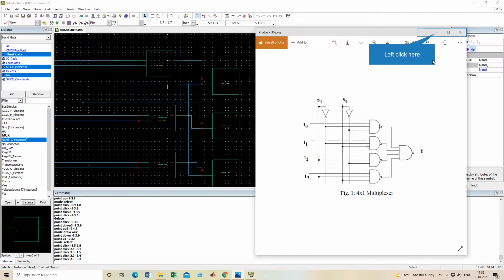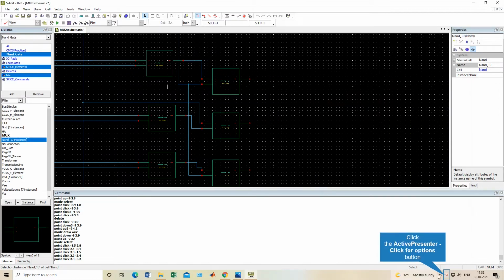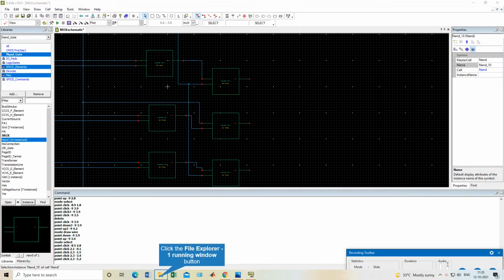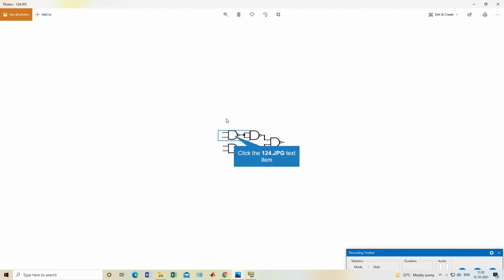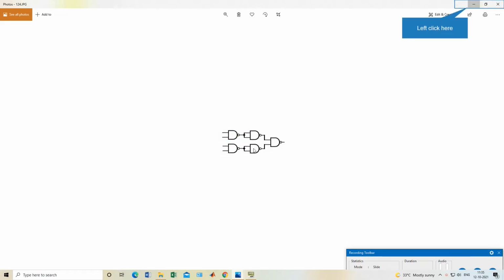Okay, how can we do that? Okay, just wait. Okay guys, so this is how you implement a four input NAND gate using two input NAND gates. So here we can use 1, 2, 3, 4, 5. 5 NAND gates will be used to implement a single four input NAND gate.